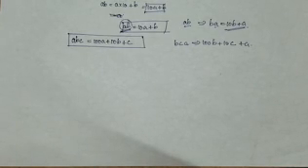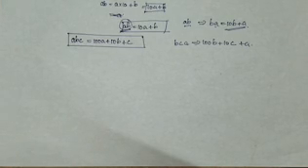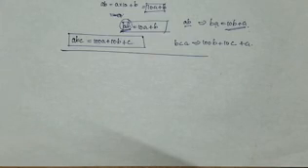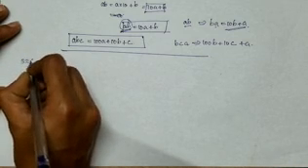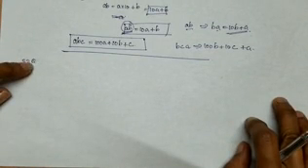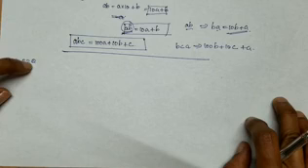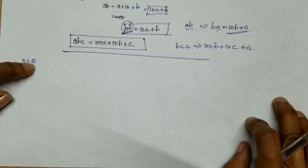Now, let's study the topic letters for digits. In this topic, we are going to learn some interesting puzzles. In this puzzle, instead of numbers, letters will be given. So, instead of some particular numbers, letters will be given. We have to find what number will come in the place of the particular letter. For example, 32Q. So, this is a number. We have to find what will come here in the place of Q. What number will come? We have to find that.